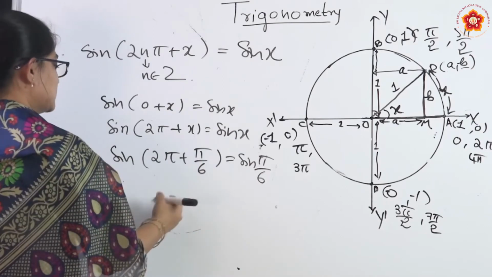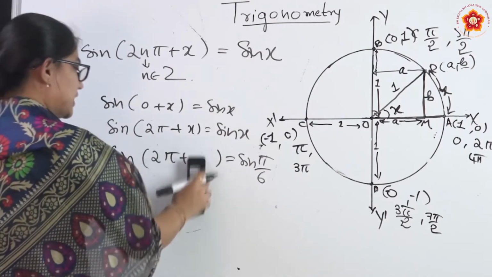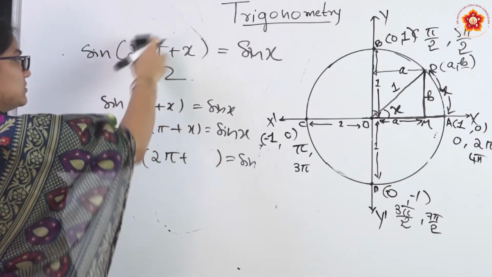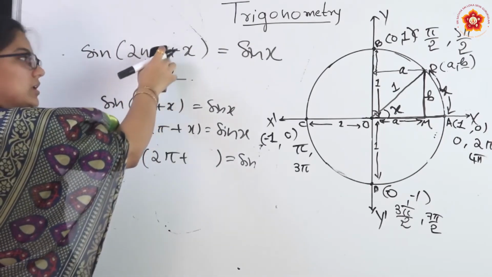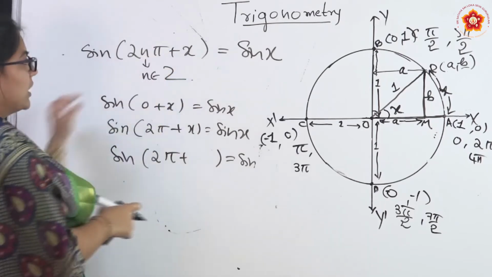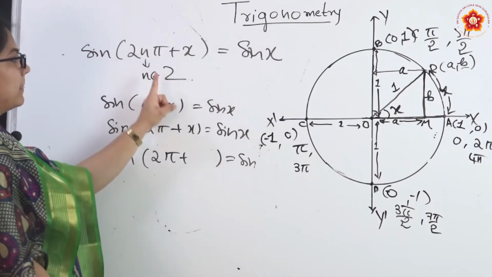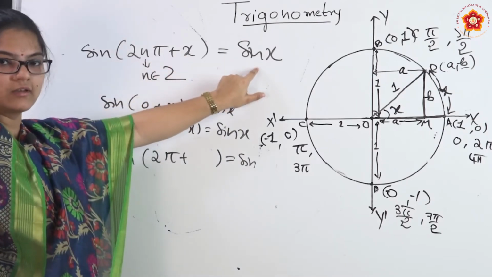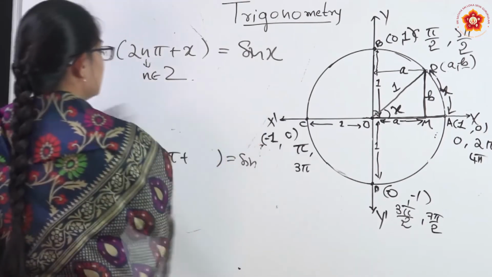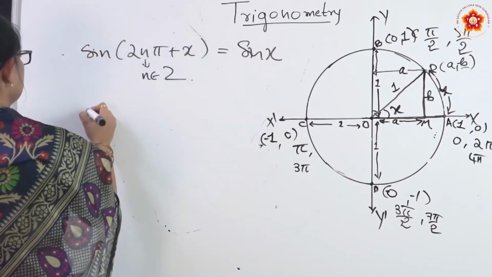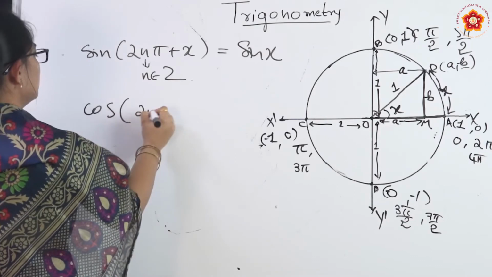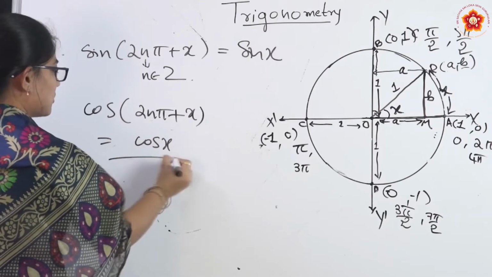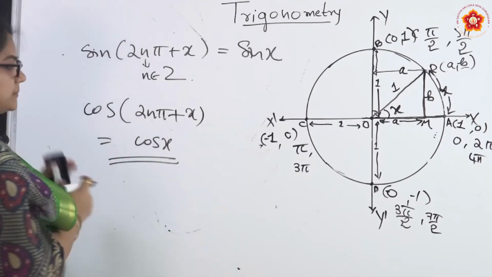Likewise, if you consider pi by 2 also, you can do the same thing. So for any angle x, how much ever you increase, this represents the number of rotation, right. For n number of revolutions plus some angle will give you the same as sine of that angle only, okay. And same thing we can say for the cos also, cos of 2n pi plus x will give you same as cos x value, okay.